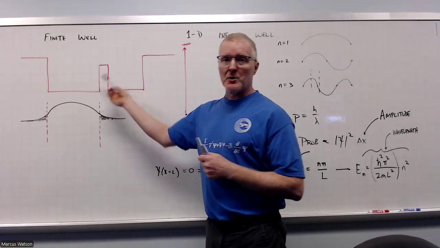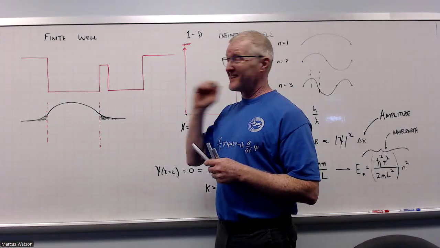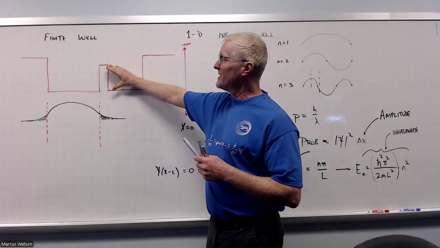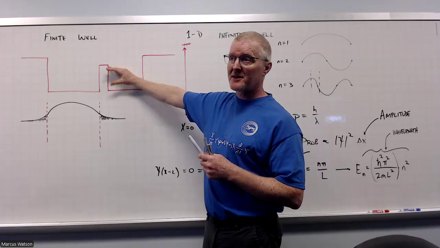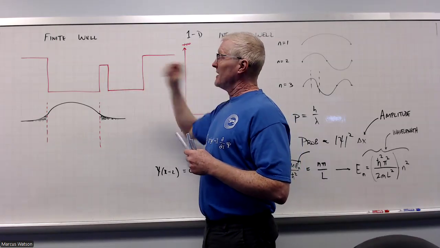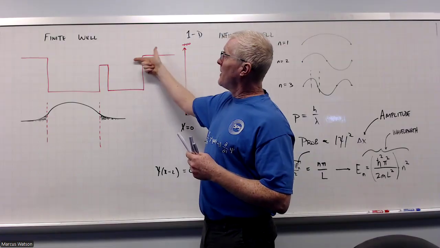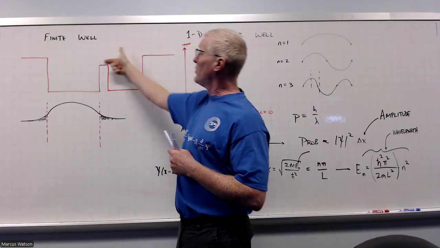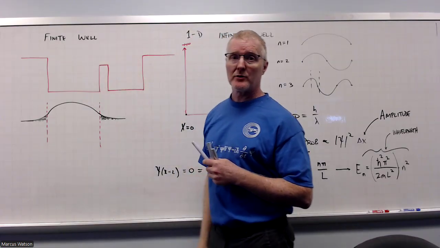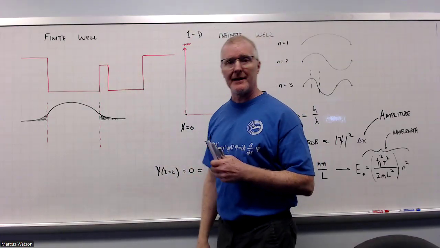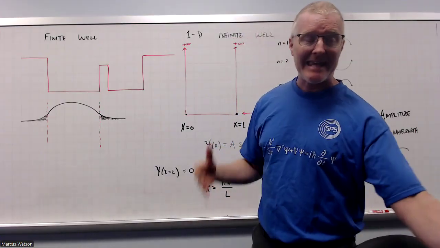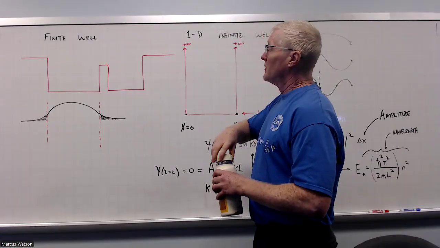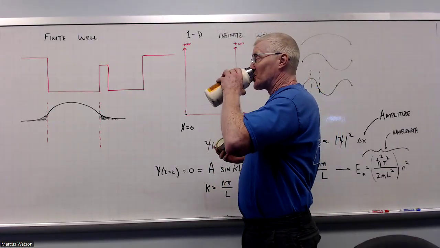What happens if I have a situation like this? I have a well, but it's got a division in the middle of it. And the division of the barrier here is low enough such that the particle could exist in the well, but above this, right? So it should be able to cross from one side to another without violating energy conservation, yet still remain within the well. Okay. Well, in this case,